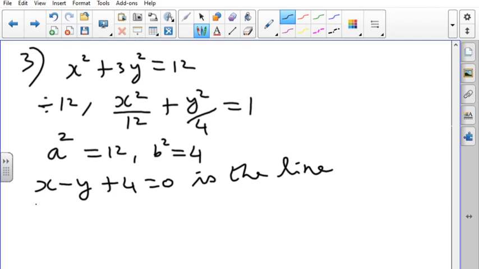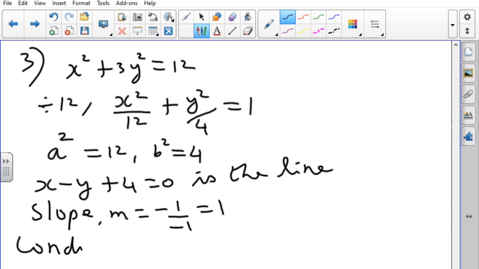So what about the slope? Slope m is equal to minus a by b. So minus 1 by minus 1, which is equal to 1. So now it is asked to find, show that the line is a tangent to the ellipse. So we have a condition. So the condition for the line